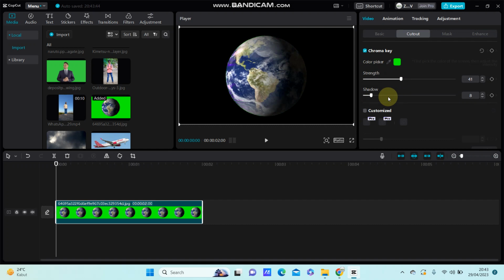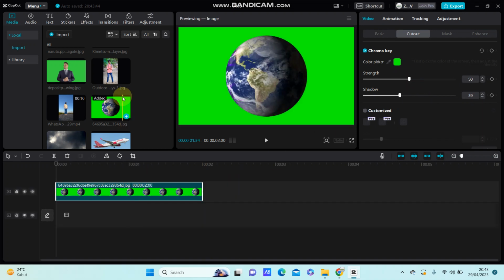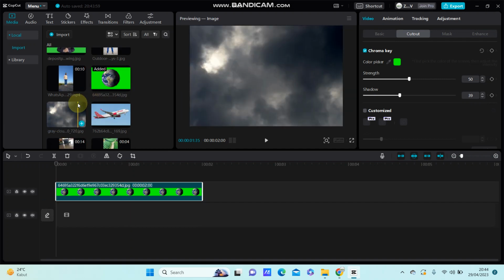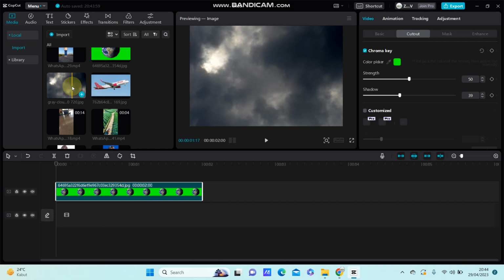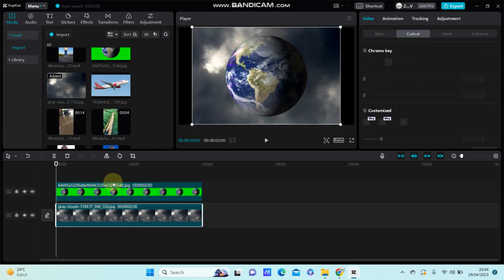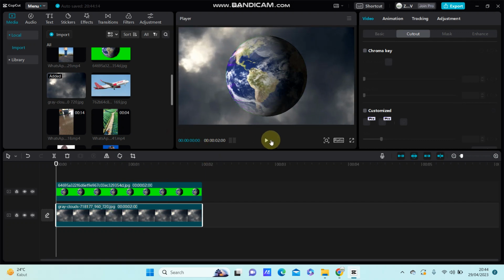and then shadow. Refine opaque, and you can move up, and then you can add the background. So for example, just drag and put in bottom of the clip like so,